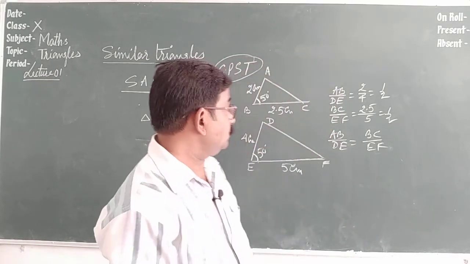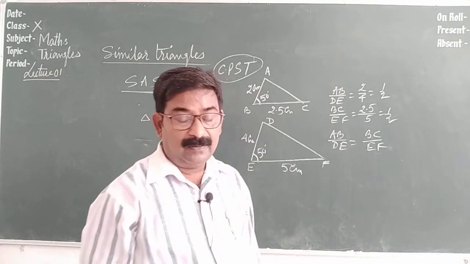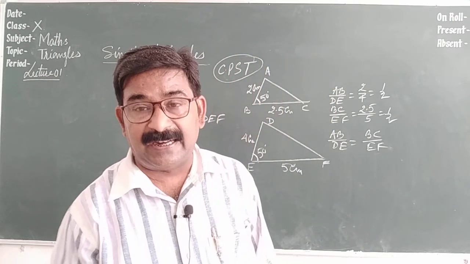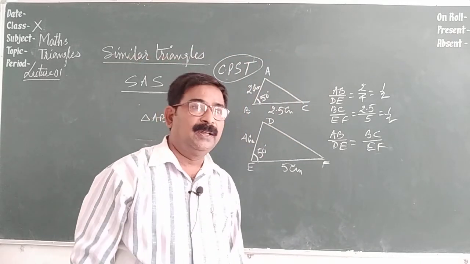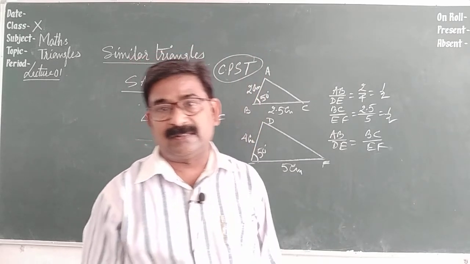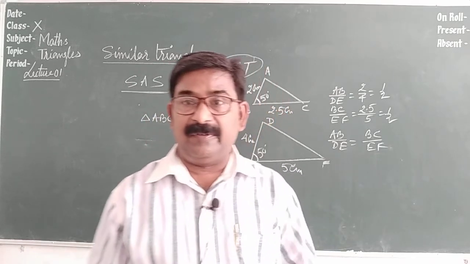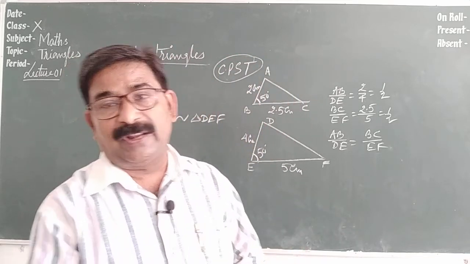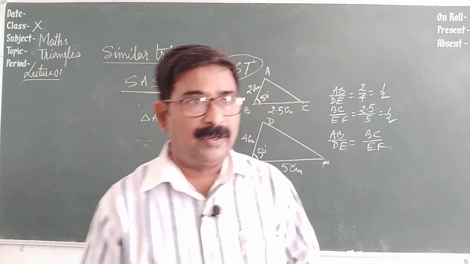Got it? Now, if two triangles are similar, then the ratio of corresponding sides is equal. And the second thing, if two triangles are similar, then the corresponding angles are equal. So in this way we can define the similarity of triangles. Meaning, on what basis are two triangles said to be similar? I am just giving one last recap, recall it.